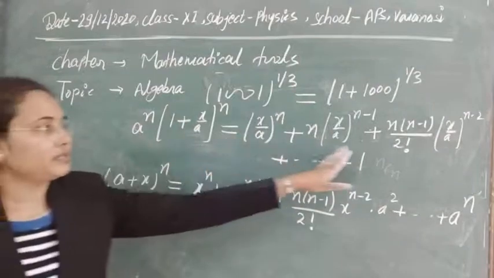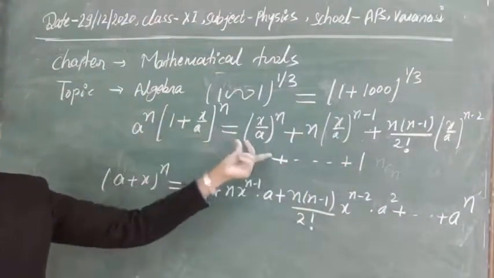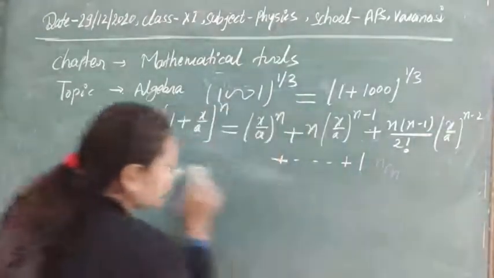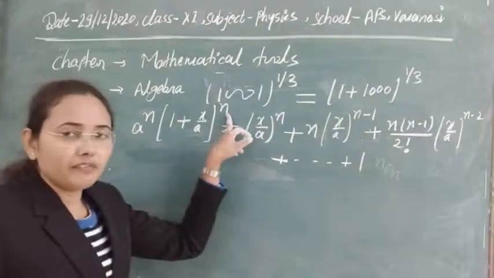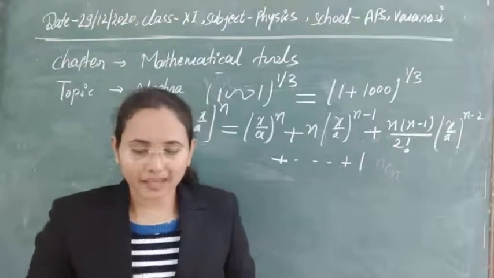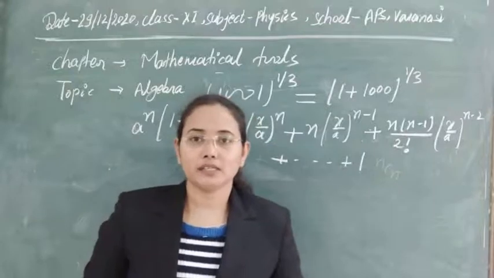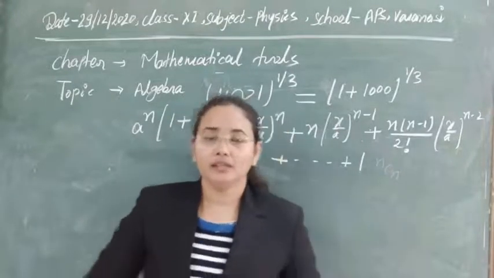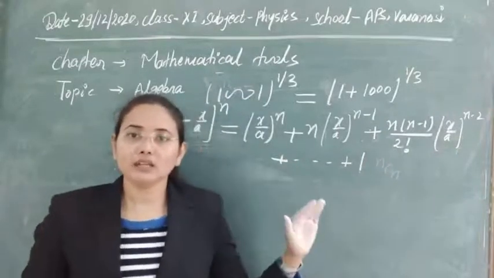So this is the expansion that we are using easily with the help of this type of problem. Now again, suppose what is first order binomial expansion exactly? First order means here the value of n is called the order of the binomial expansion. If n is equal to 1, we are saying the order of the expansion is 1. If n is equal to 2, we are saying that the order of binomial expansion is 2, and so on. So n is representing the order here.